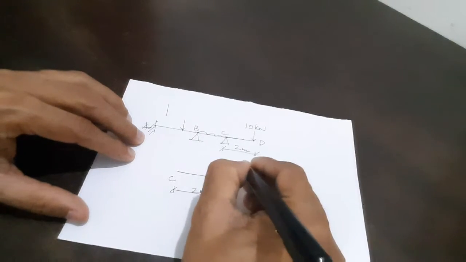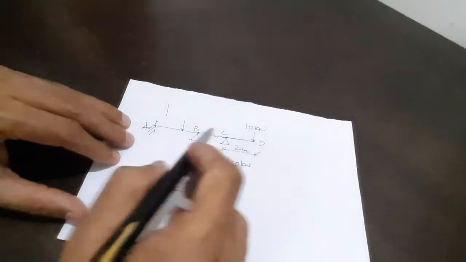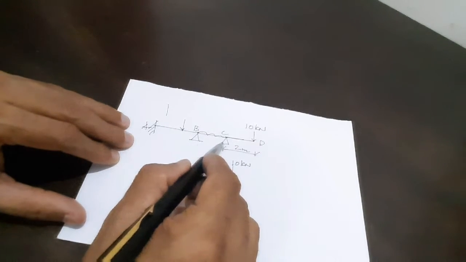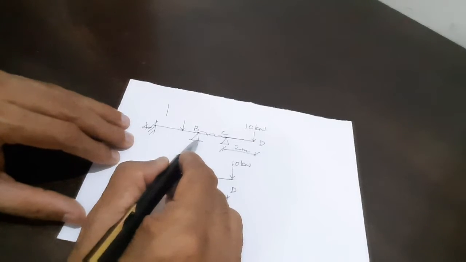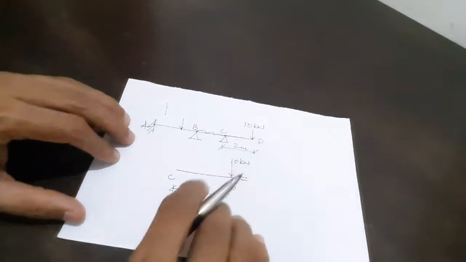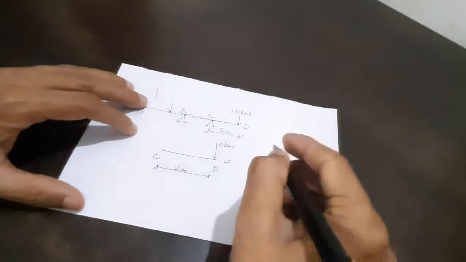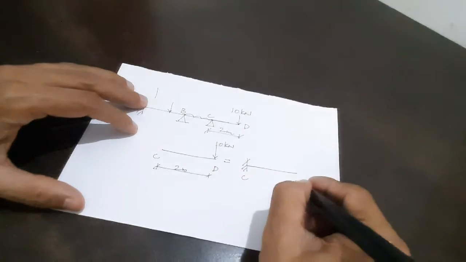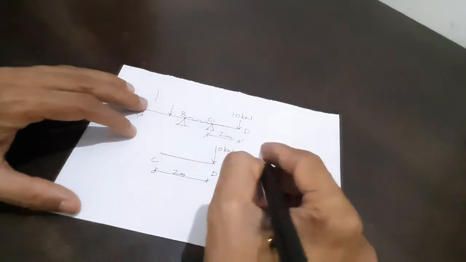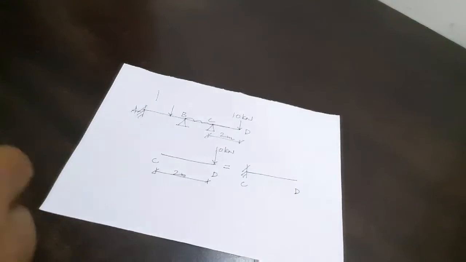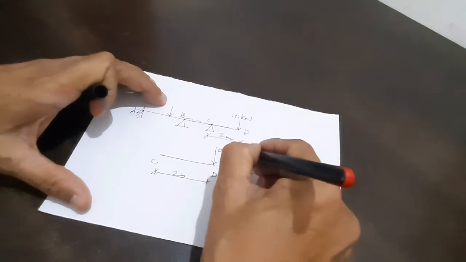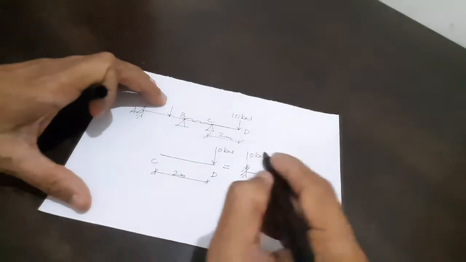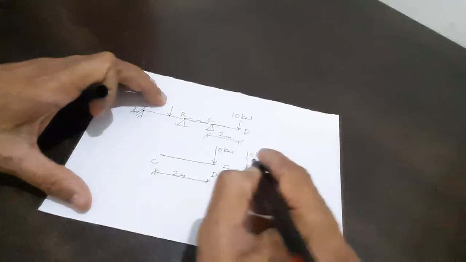10 kilonewton. All of us know in the beam ABCD, since C is an internal support, it must be considered fixed. B is an internal support, it must be considered fixed. So this portion CD is equivalent to a cantilever CD and cantilever reaction. So this 10 kilonewton will be transferred as 10 kilonewton as it is. These two structures are equivalent structures, and this 10 into 2, 20 kilonewton meter is transferred acting at C.